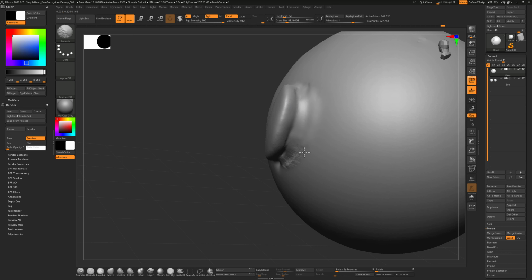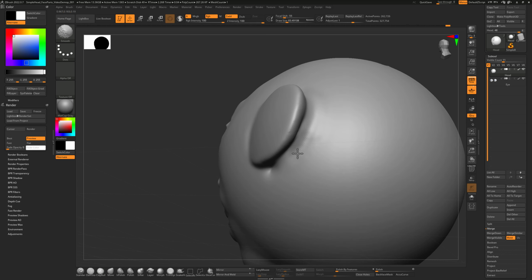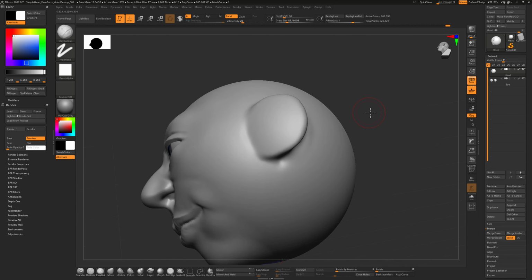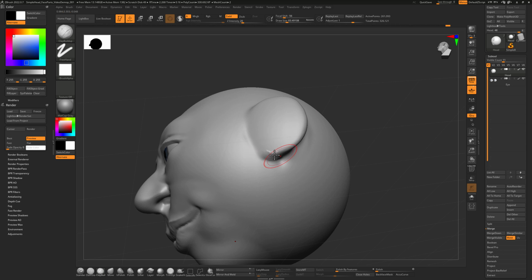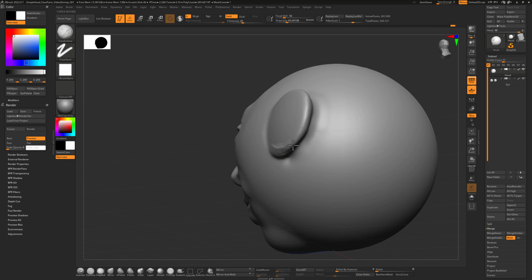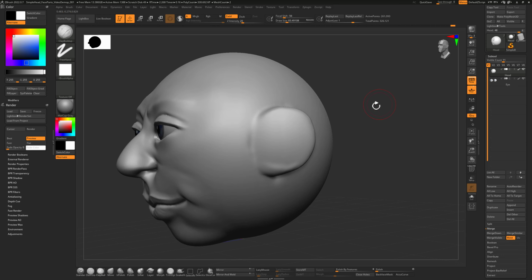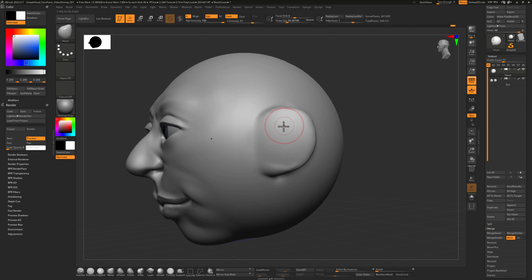So you can see I'm trying to build that same shape that we just did with primitives, but I'm just doing it through a sculptural process. So it's not super difficult. I don't want to give the illusion that this is super hard to do, but you might find you like that other workflow a whole lot better. So I at least wanted to show that as a possibility, right? So I'm going to move this around a little bit. I'm going to tweak the shape of it, and then